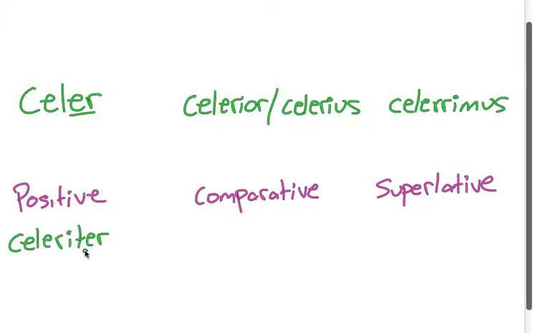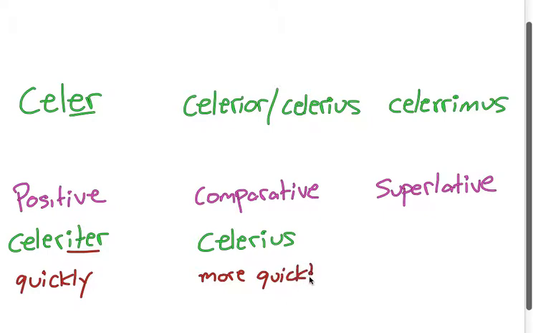Remember, you take the base and add iter. So this would be quickly, right? The comparative would be, again, the same form as the neuter comparative adjective. So the comparative here is celerius, which in English would be more quickly